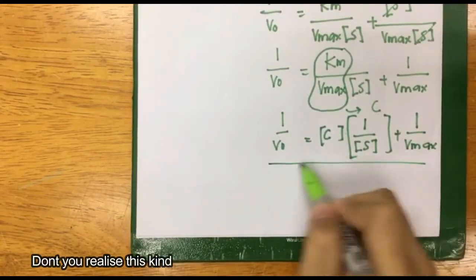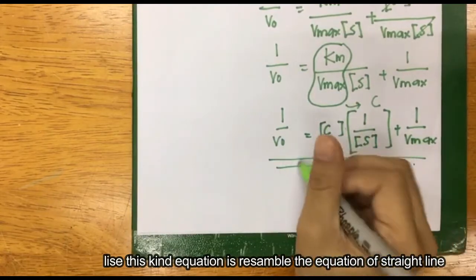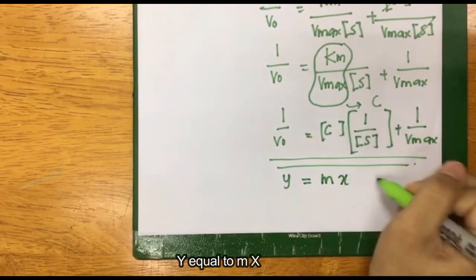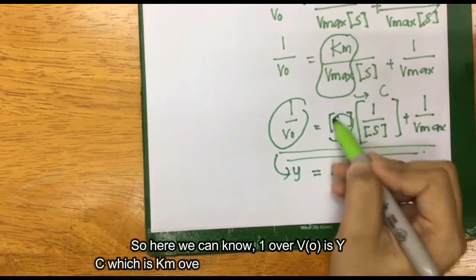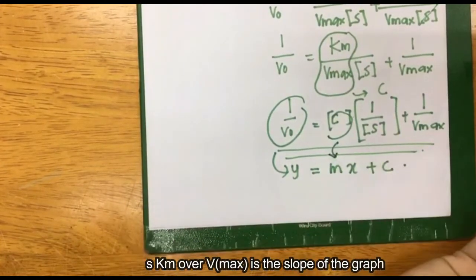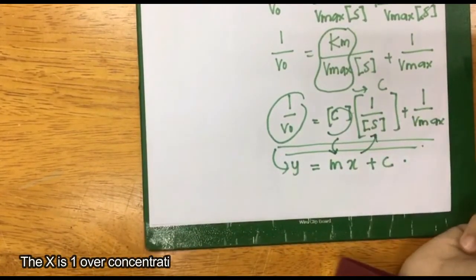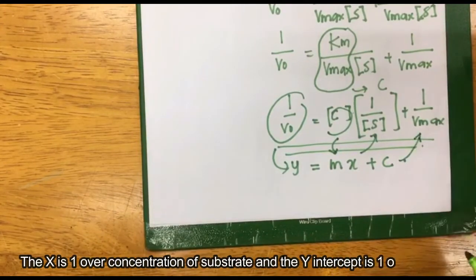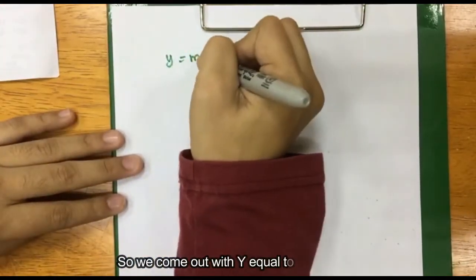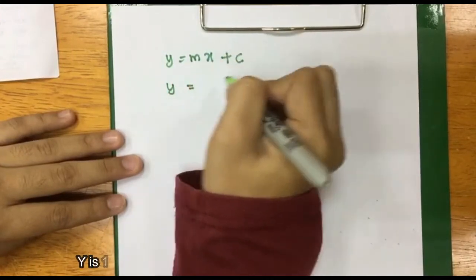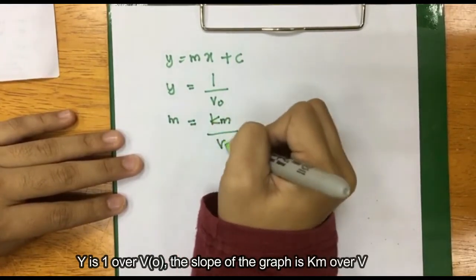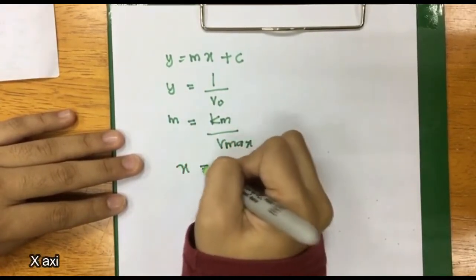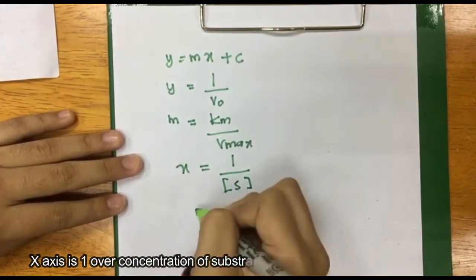Don't you realize this kind of equation resembles the equation of a straight line, y equals mx plus c. So here we can know 1 over V naught is y, C which is Km over Vmax is the slope of the graph, the x is 1 over concentration of substrate, and the y-intercept is 1 over Vmax. So we come out with y equals mx plus c: y is 1 over V naught, the slope of the graph is Km over Vmax, x-axis is 1 over concentration of substrate,